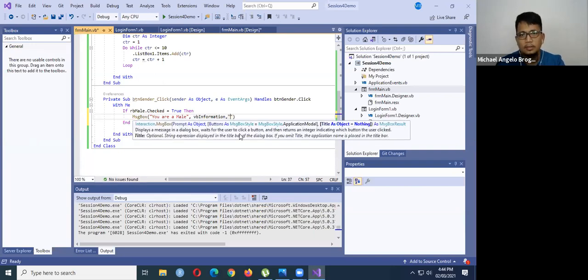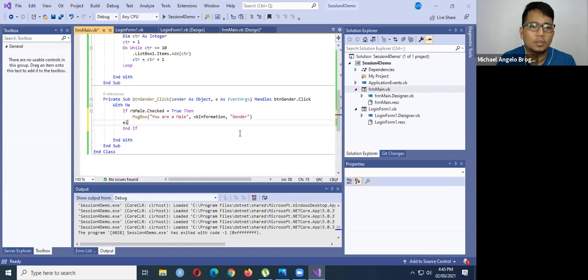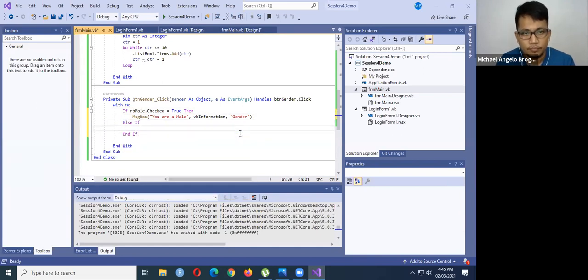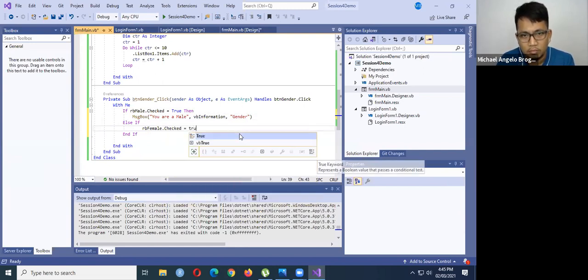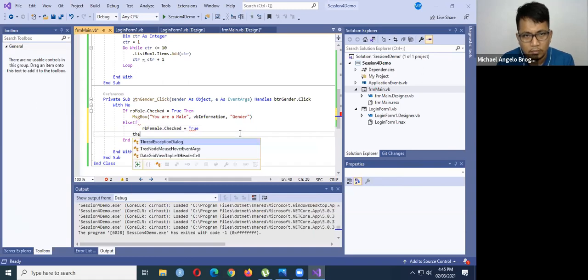Type the gender. Else if be female that check is equals to true. Then